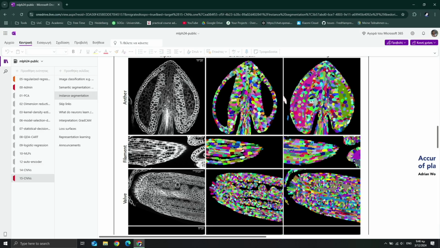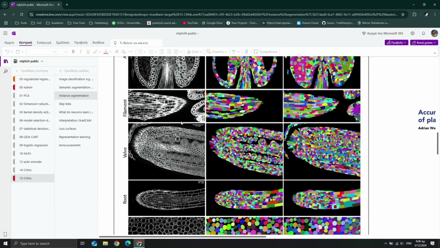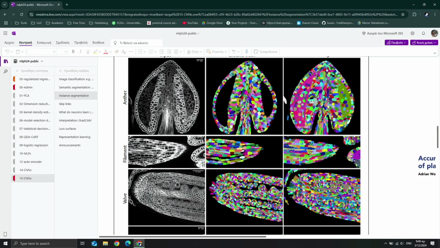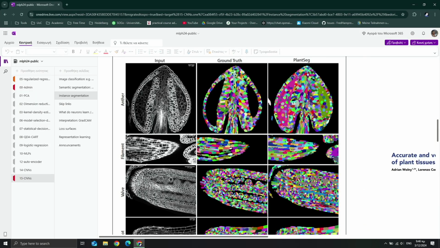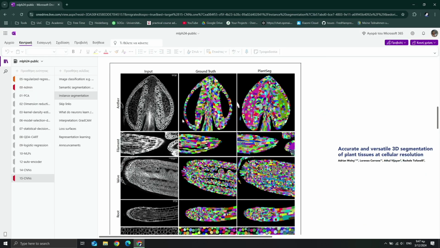More pretty pictures. These are images from a collaboration in plant biology. This was led by Alexis Maisel, who is a professor here in the Center for Organismal Studies, just across from Mathematikon. And you see here microscopy images from different parts of different plants. So this is part of a root. This is,